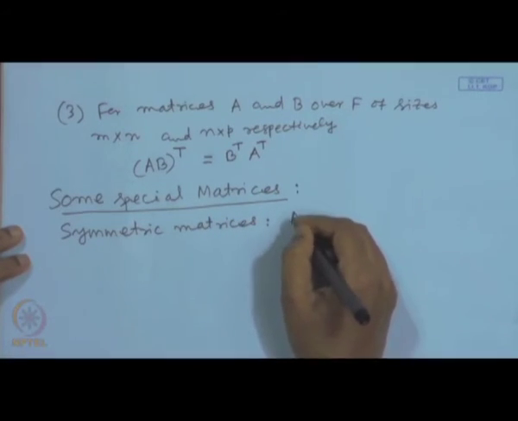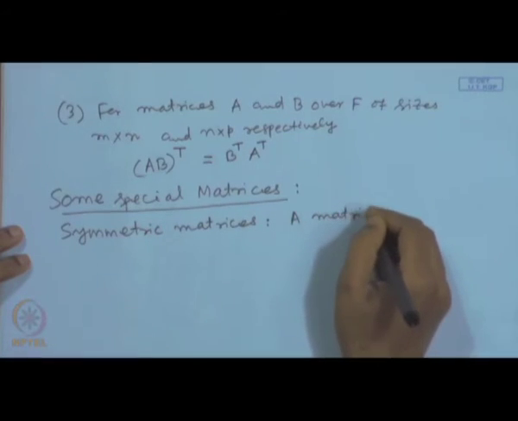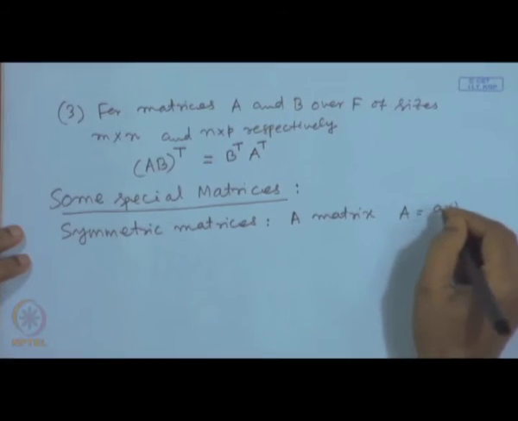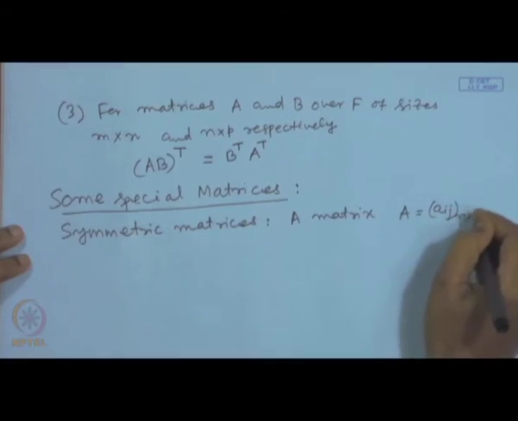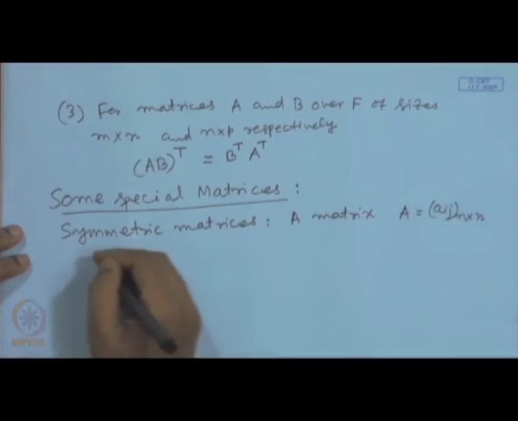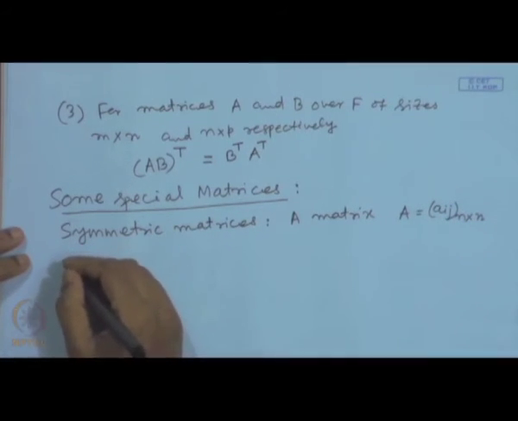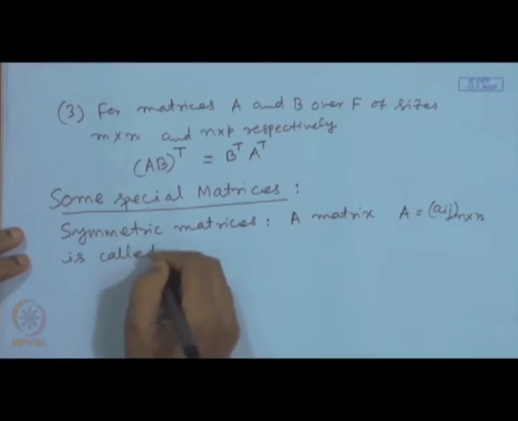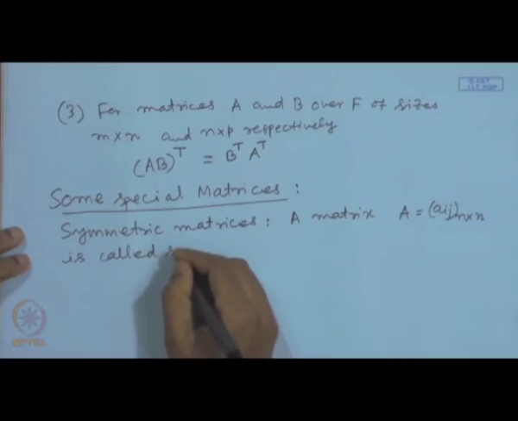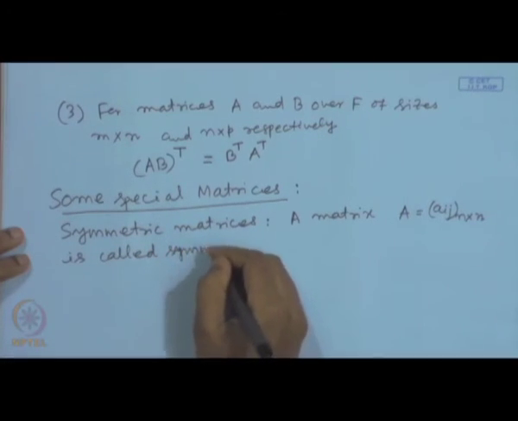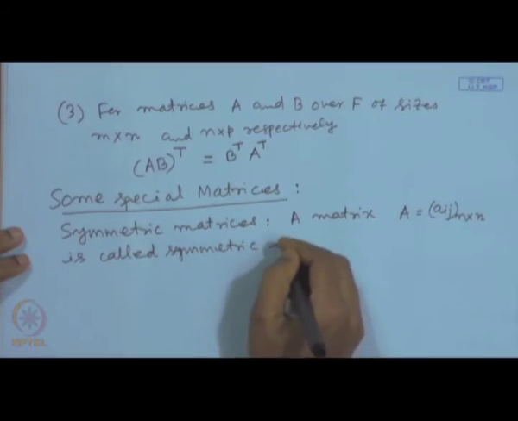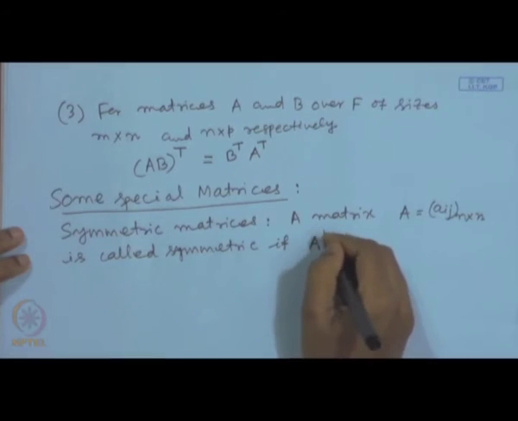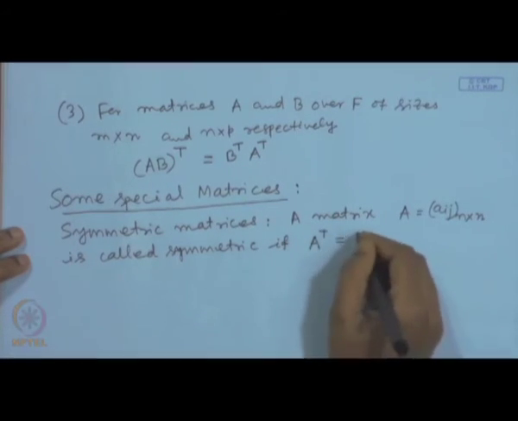A matrix A, which is a square matrix of size n by n, is called symmetric if A transpose is equal to A,